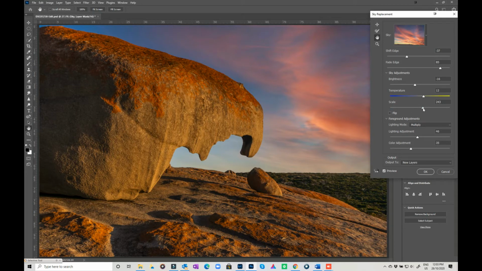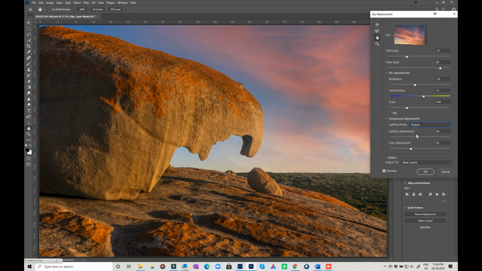And of course then you've got the scale. So you can scale it up or scale it down so that it doesn't look like it's necessarily a stock image. You can flip it around if you wish to. And you can change the blend mode. Now, multiply probably works better in this scenario because this is for the foreground objects. It is affecting this here. If you switch that back over to multiply, it does tend to pop this back in a little bit of